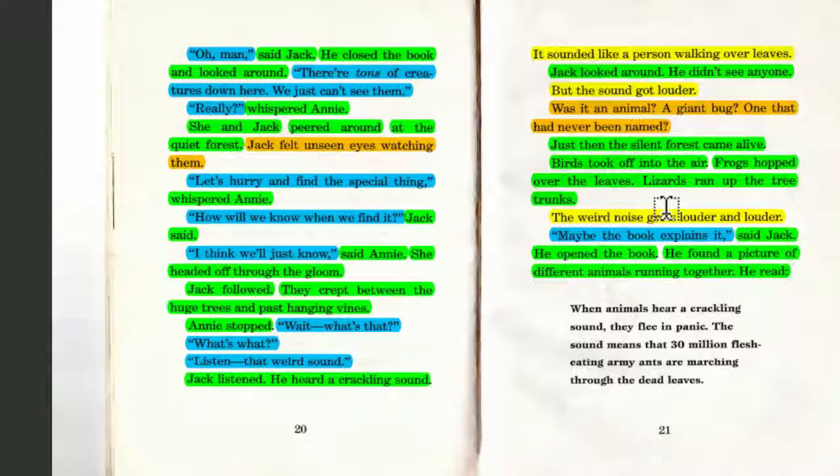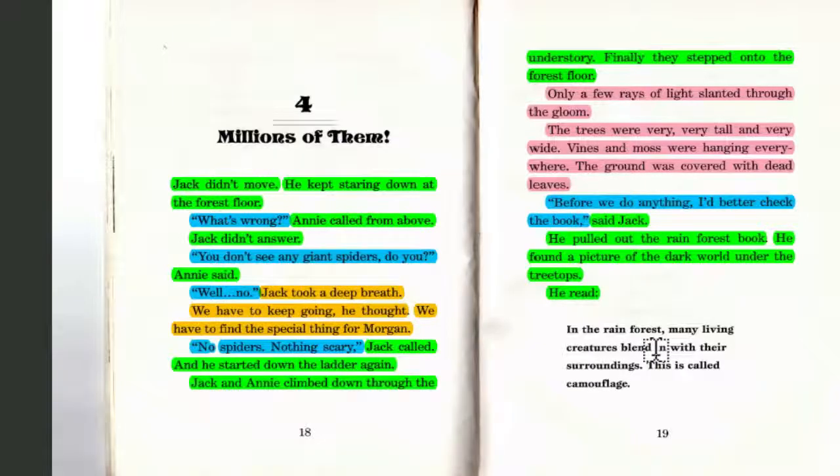Okay, but if you look at it, everything is coded for, which is kind of amazing. Again, except for the excerpts from the book that Jack reads in the Magic Treehouse books. But I mean, look at it. It's mostly green and blue. There's a smattering of yellow and orange, which is nice here on the second pages, or the 20 and 21 pages. If you go to the front, again, it's mostly green and blue.